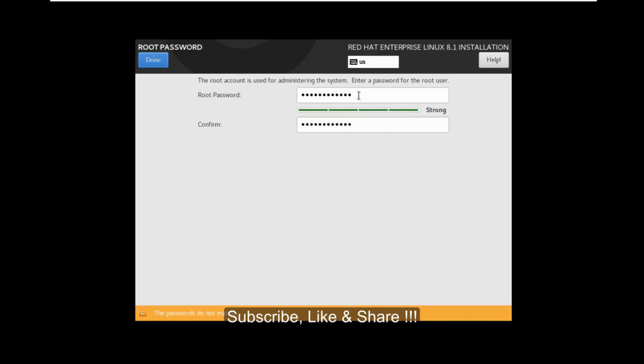Oh, passwords don't match. One second. So that is my password.